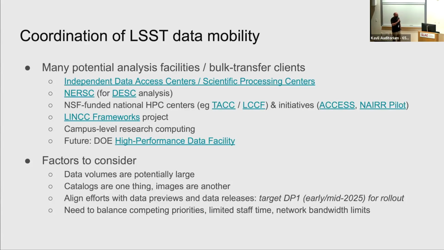Other particular factors to consider, of course, the data volumes here are potentially large. If you're looking to get catalogs, that's one thing, but if you're looking to get images, that's of course another. Then you're in the scale of petabytes. We do want to align the efforts here with data previews and data releases, and want to flag DP1 in particular. This is the data preview of ComCam data that will come out in early or mid 2025. It really is a good opportunity to roll this out and work out the kinks and make sure everything is functioning in advance of